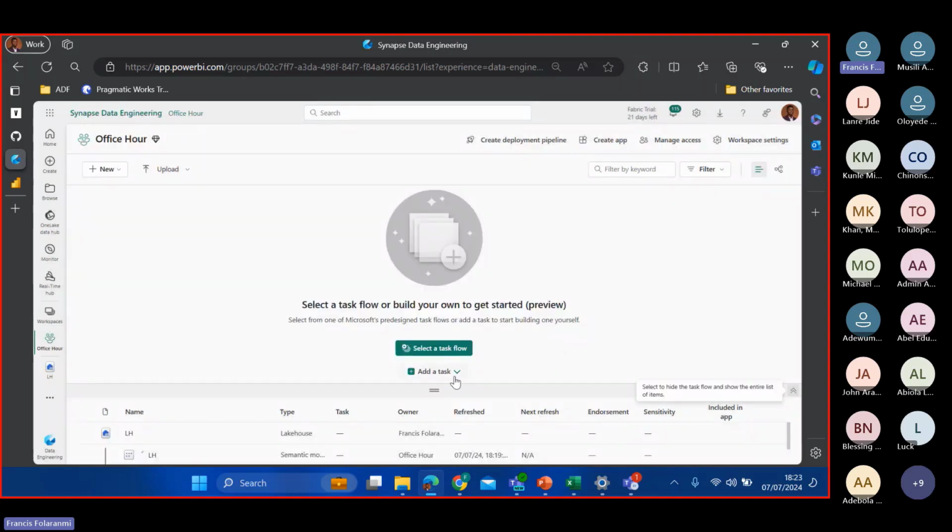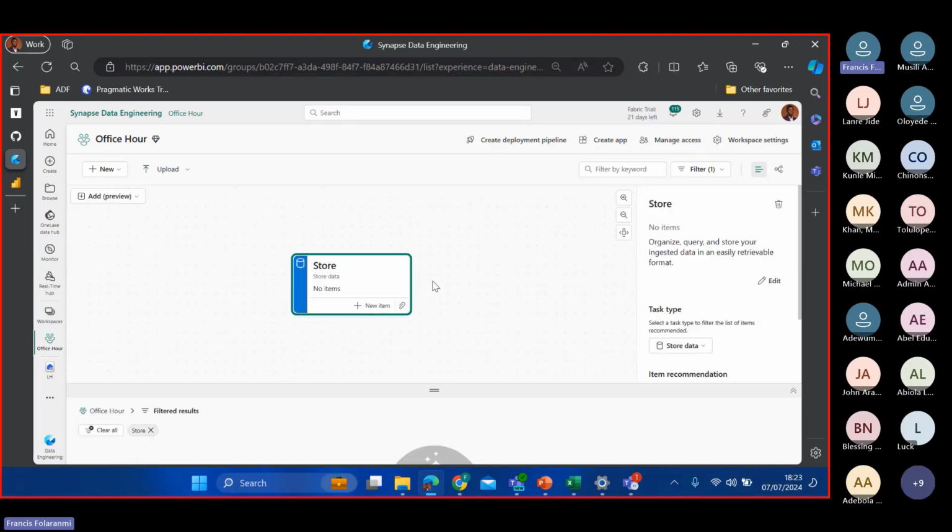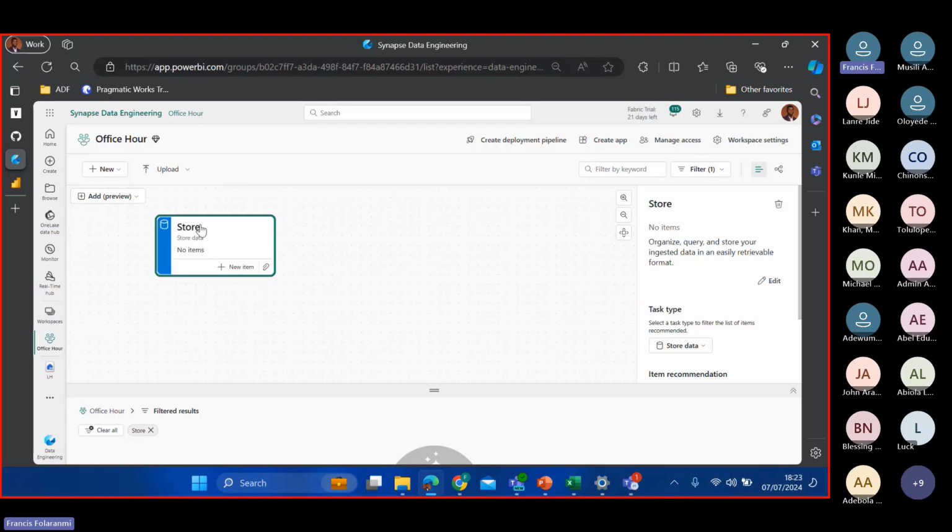To do that, I'm going to click on add task, and then there are a number of options here. You have your general, you have get data, you have store. But you know that we've created a lakehouse, which essentially is just storing data for us. So I can just put this stored data where I then have this pictorial representation of this.